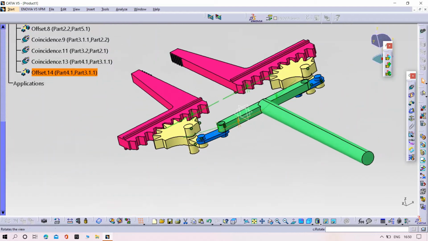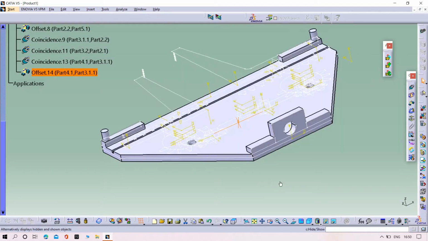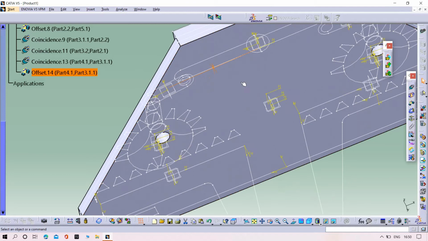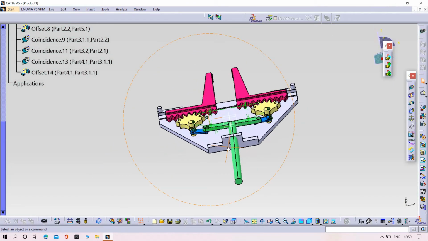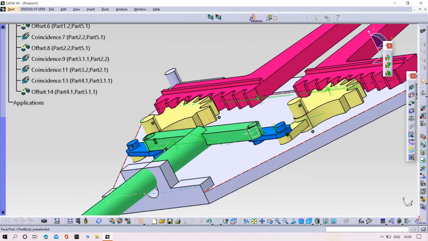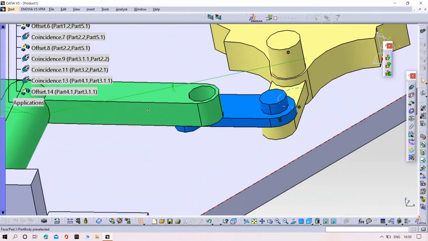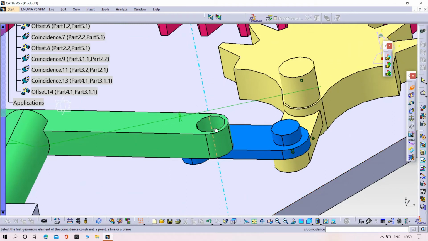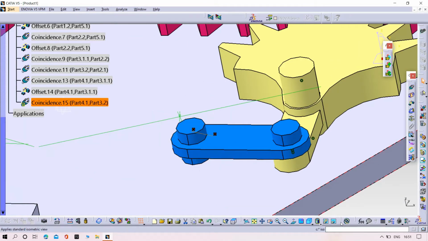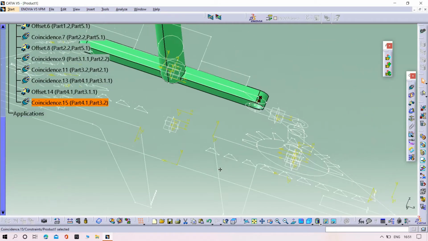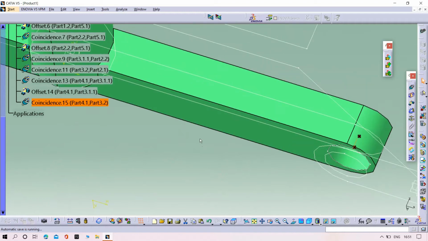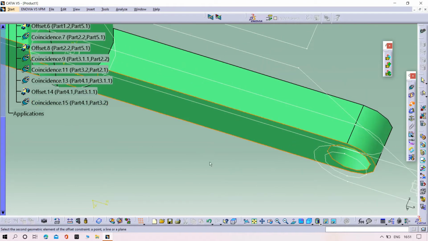Now I am going to assemble as per our parts as I designed. If you want, you can change the design, nothing is a problem. Then same as it is, coincident tool, perfect, and then try to give the same surface distance.